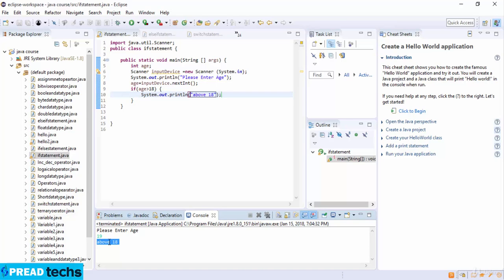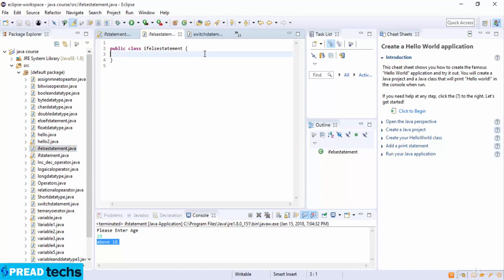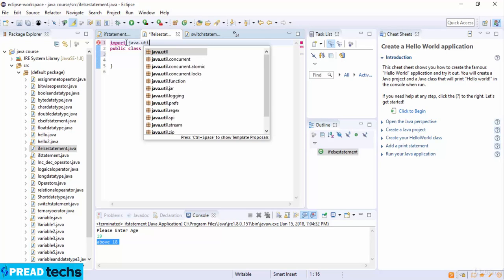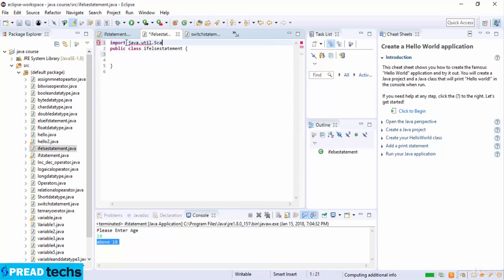Now I just go to the if else statement. I just click on this class, if else statement. In the if else statement, if the specified condition in the if statement is false, then the statement after the else keyword, which can be a block, will execute. Here I import the library, import java.util.Scanner,